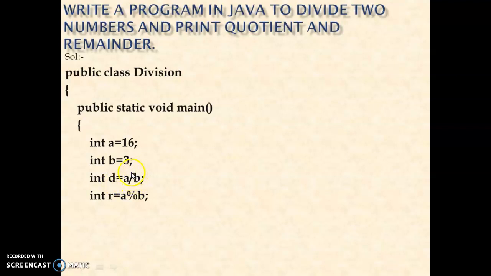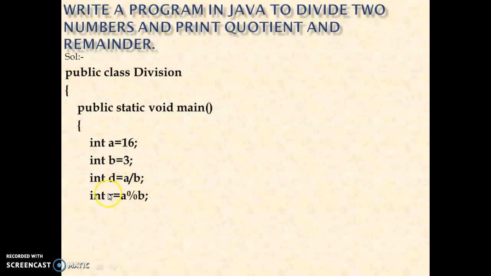Then how to get the remainder? Just between two variables, if you want to plus, give plus sign. If you want to minus, subtract, give minus sign. If you want to multiply, give one asterisk sign for multiplication, and if you want to divide, give one division sign. And if you want to find out the remainder, then very important, this is the percent sign. This is called the mod sign. You have to give this sign from your keyboard. You type this. This is called mod sign.